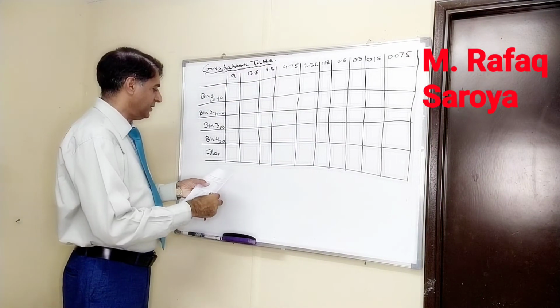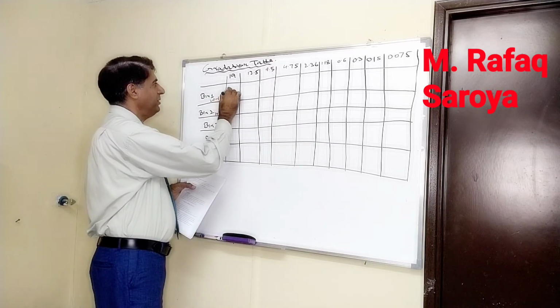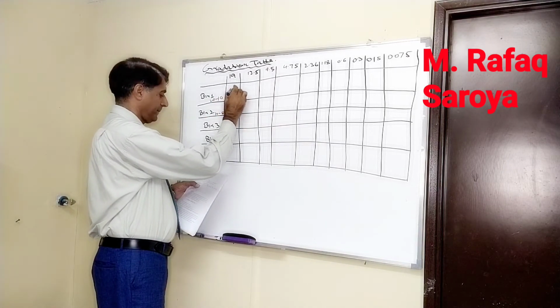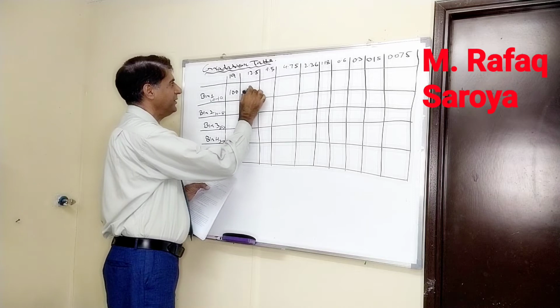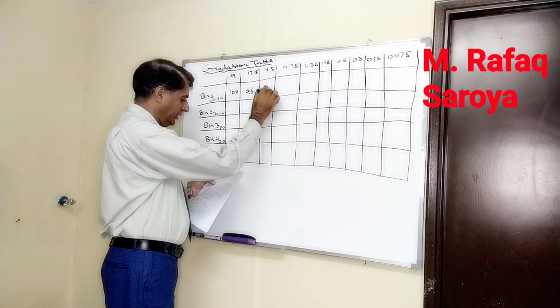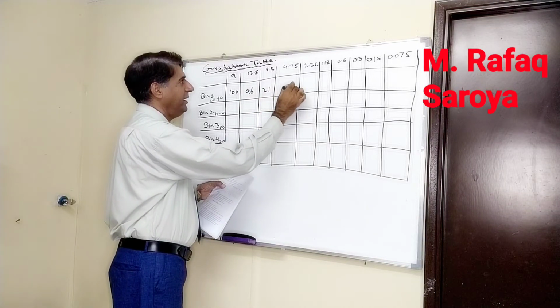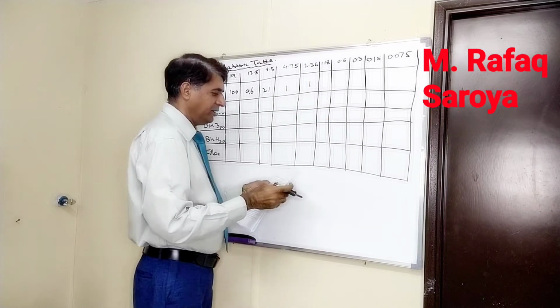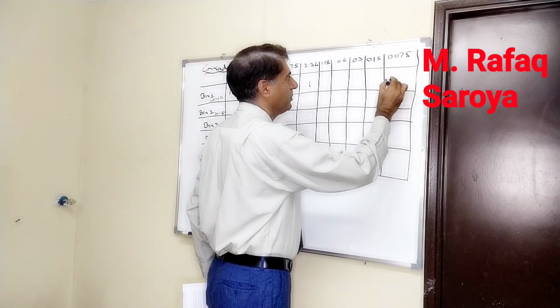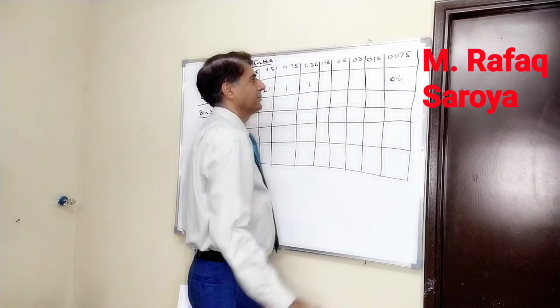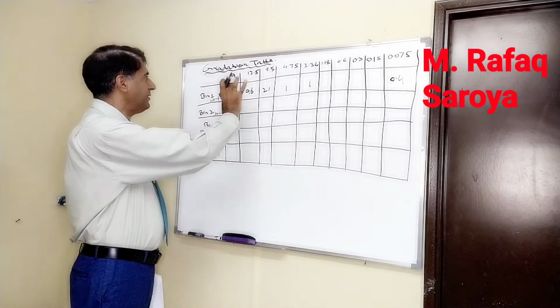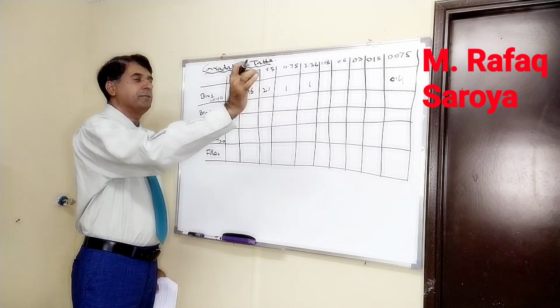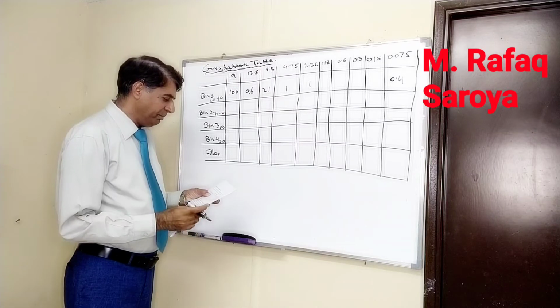Now for this, 100% material is passing, 96% is passing, 21 is passing, 1 and 1 is passing, and only over here 0.4% is passing. This is the result of the sieve analysis of bin number 1. Now for bin number 2,